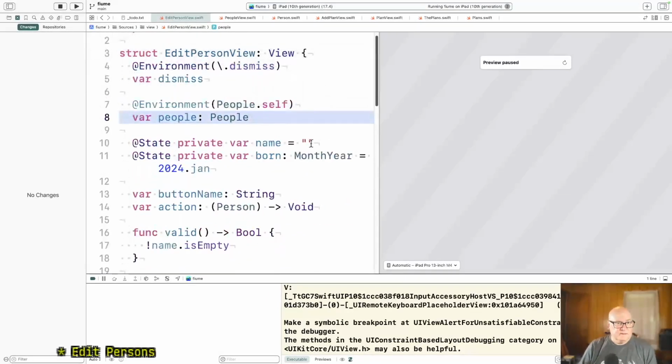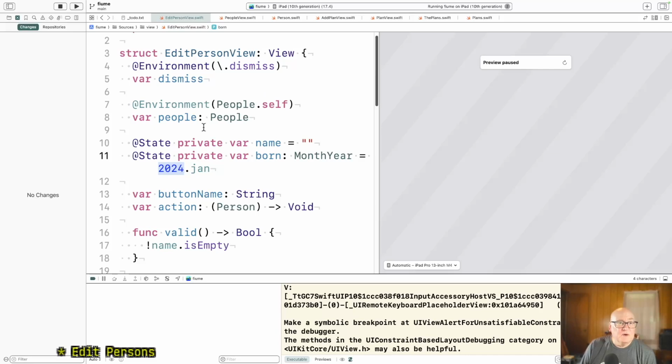And instead of defaulting this, well, actually, I think 2000 would be a better guess for a birth year. Probably 1970 would be a better guess, but